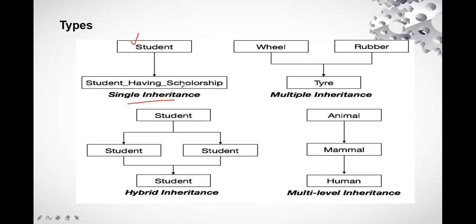Student having scholarship. It is having the same properties, but it will have more of its own. That is scholarship. How much of scholarship is there? What amount is involved, right? But in student, amount will not be involved regarding the scholarship. But roll number will be there, course will be there, semester will be there. So these particular will be common in both, and the new one will be the amount of the scholarship. So this is how we can define the base and the derived class.